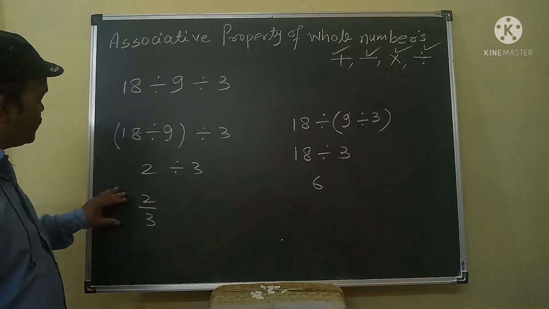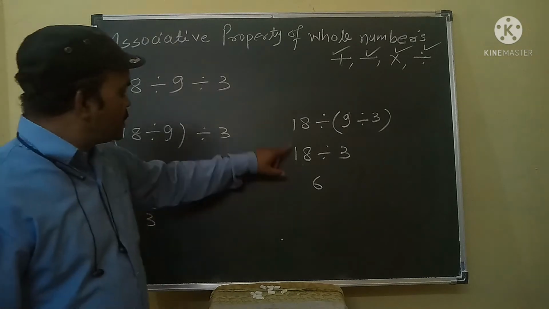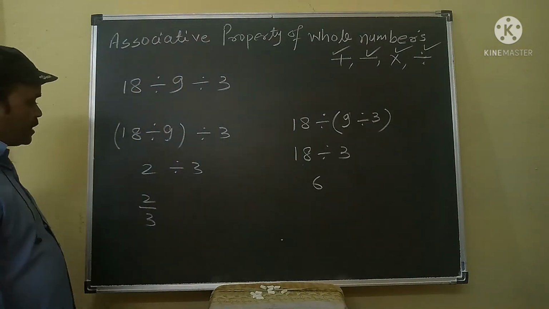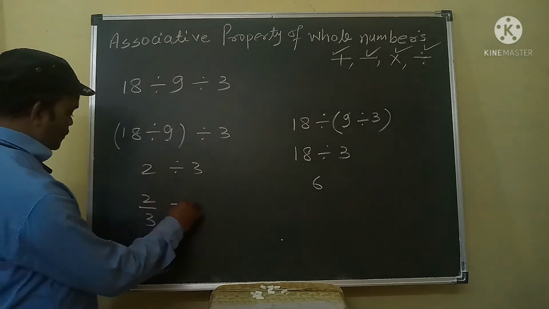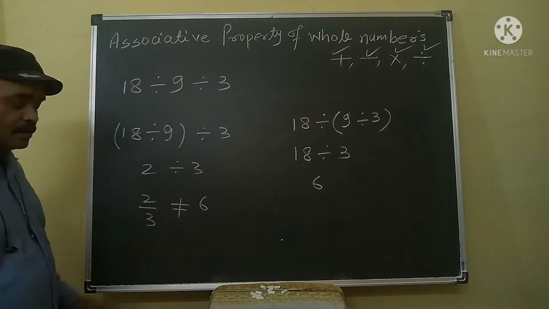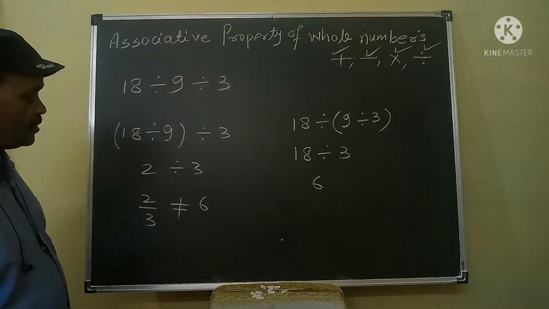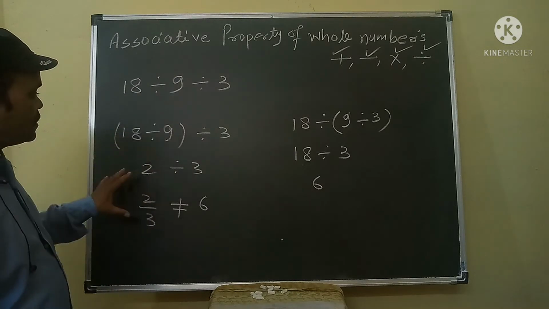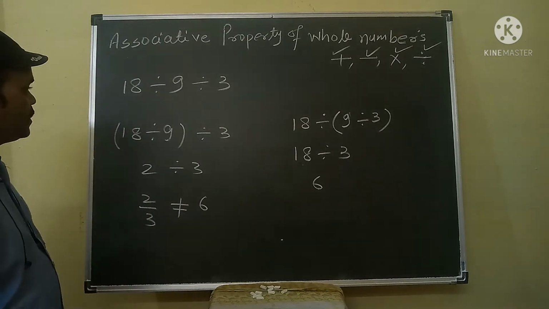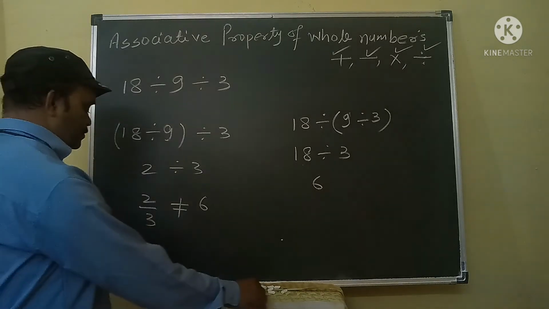In the first method, what are you getting? The answer is 2 upon 3. In the second method, the answer is 6. That means 2 upon 3 is not equal to 6. So after this example, what are you getting? That means division of whole numbers